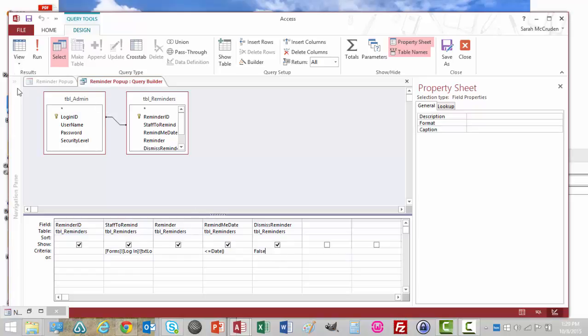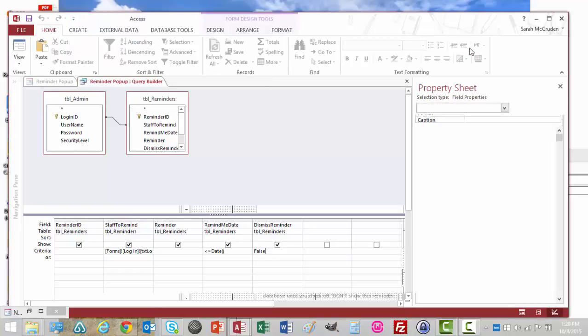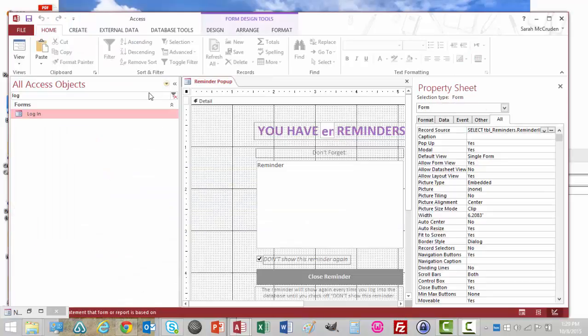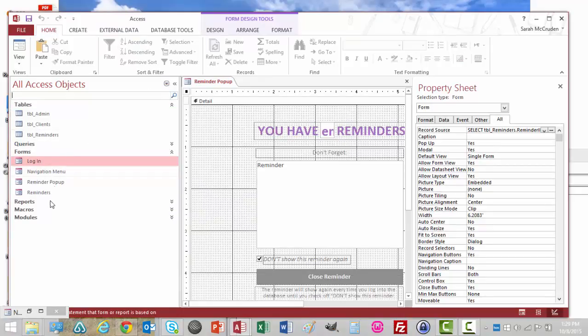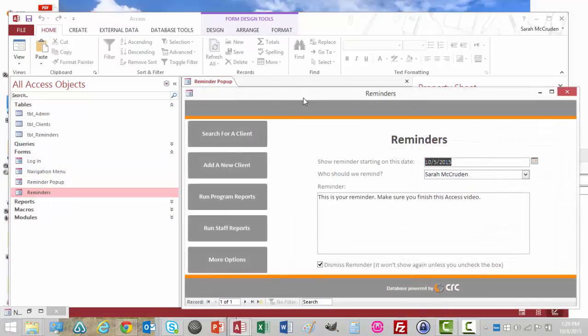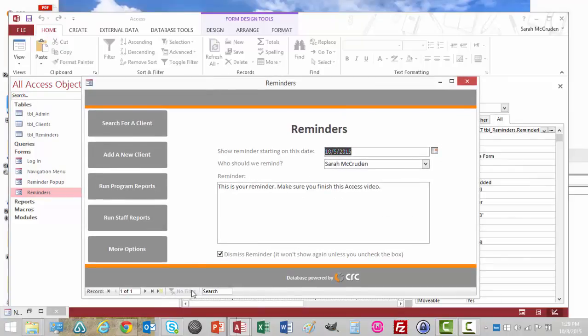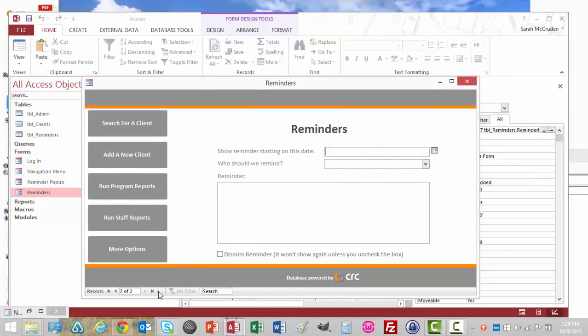So now that that reminder has been dismissed, it's not showing up anymore as a pop-up. The cool thing about how you can use this is that, let's take a look at the reminders form. If I'm logged in as Sarah, and I want to do a new entry, let's say I want to show the reminder starting today,